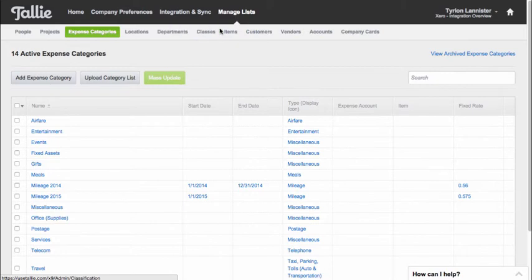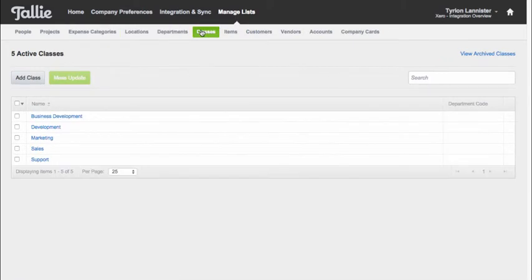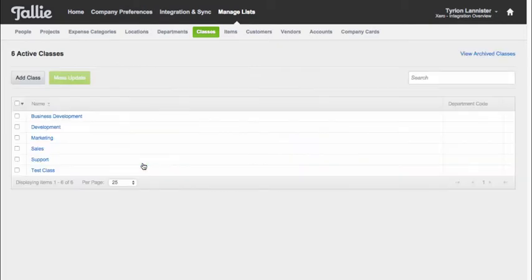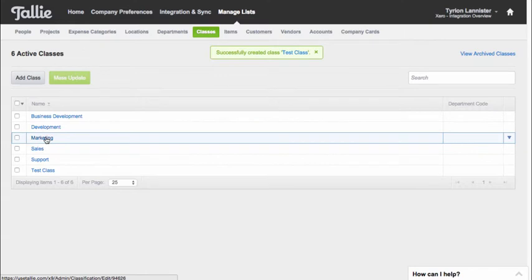So let's take a quick look. This really brings us to that syncing rule portion, because here, once I've made the connection, we can do a lot of really cool things. One thing is I can create new information directly in our system, and that will immediately populate into Xero. So I can do something like, let's go ahead and name this test class. So I can create it directly here, or I can update one of these, and it will immediately get pushed